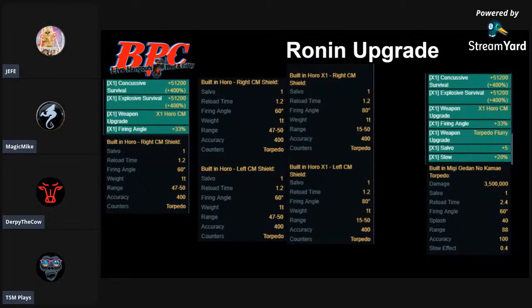On the right-hand side is the upgrade for the Vengeful Ronin, which has the same bonuses that you get with the normal Ronin. Plus, there might be more to this, and I don't quite understand this one at all. Torpedo Flurry takes the salvo from 1 to 6, and it increases the slow from 40% up to 60%. I'm still a little bit at a loss. Maybe that's explaining it after I watched TSM's video. The salvo goes from 1 to 5, 1 to 6, which would not increase your damage, but it would increase